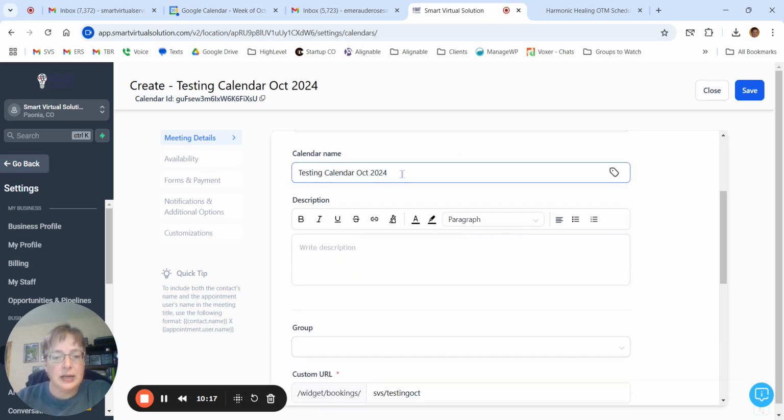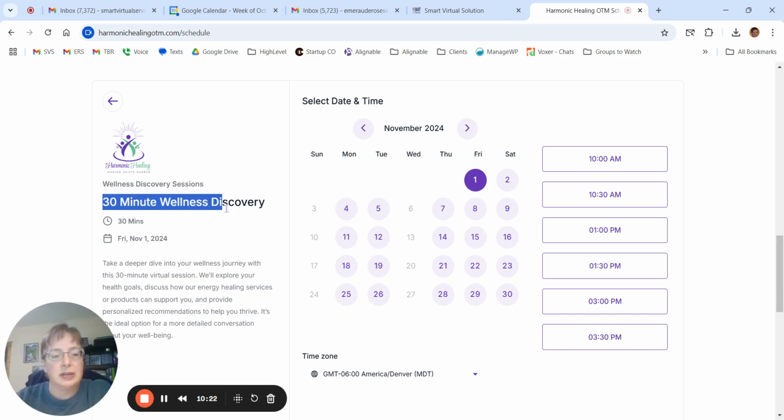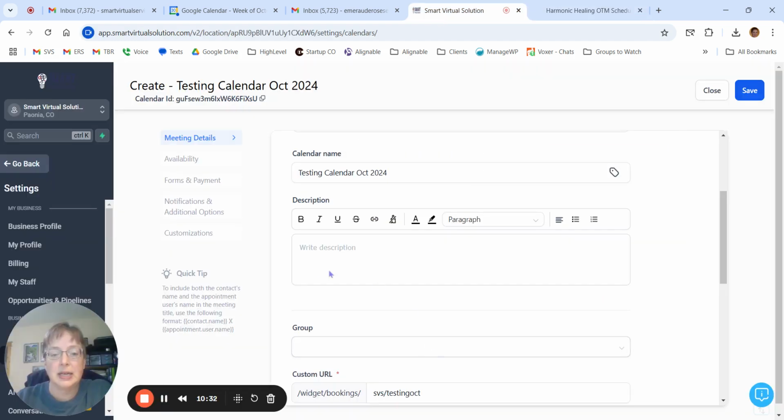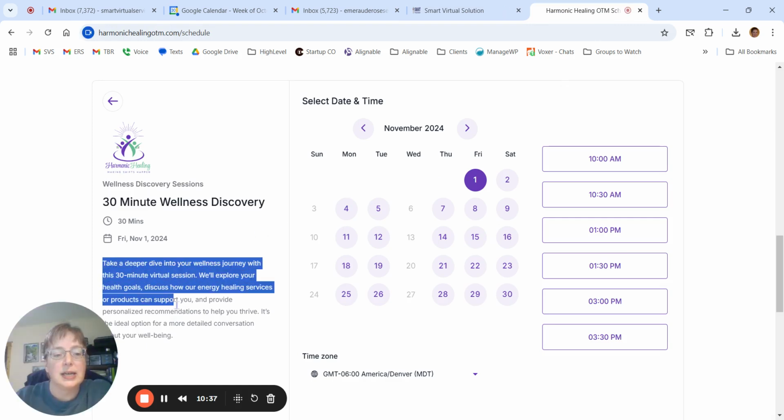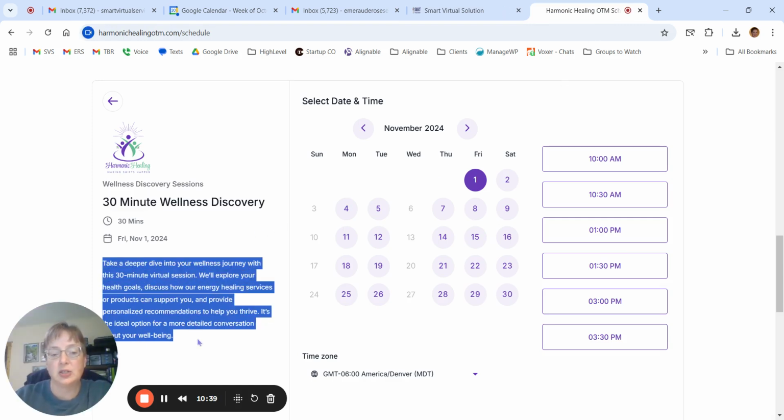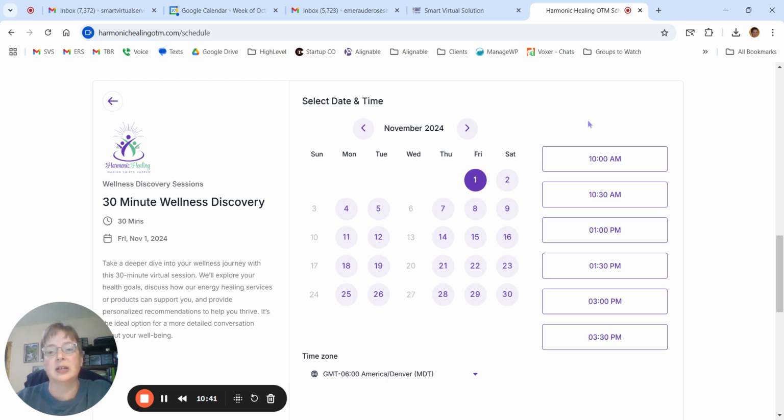Now, the calendar name, this is also client facing. So this 30-minute wellness discovery, this is what the calendar name is. So it is contact facing. So you want to make sure that it's not just for you, but it's for them as well. Additionally, the same thing with the description. This description is also contact facing. So you want to make sure that you put something so that they know exactly what they're getting scheduled for,